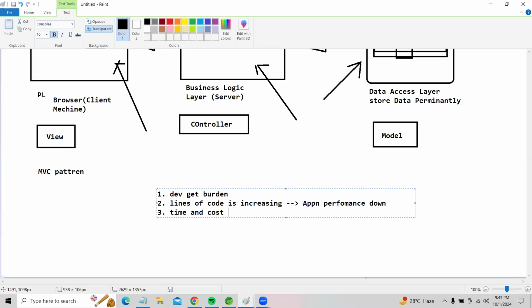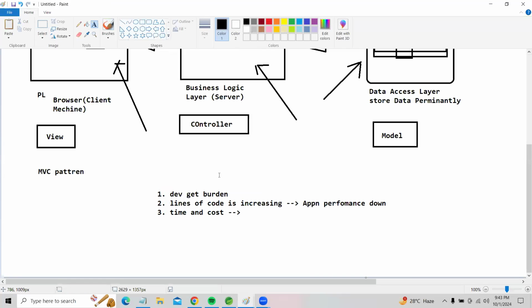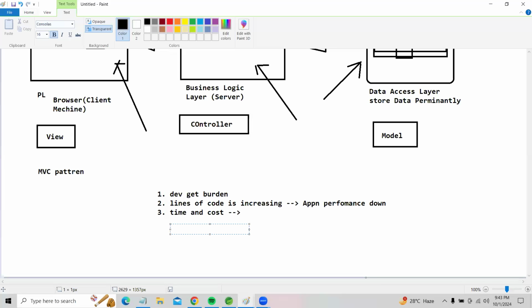These are the problems with our Servlet and JSP web-based applications. In order to overcome those problems, nowadays frameworks came into the picture, my friends.